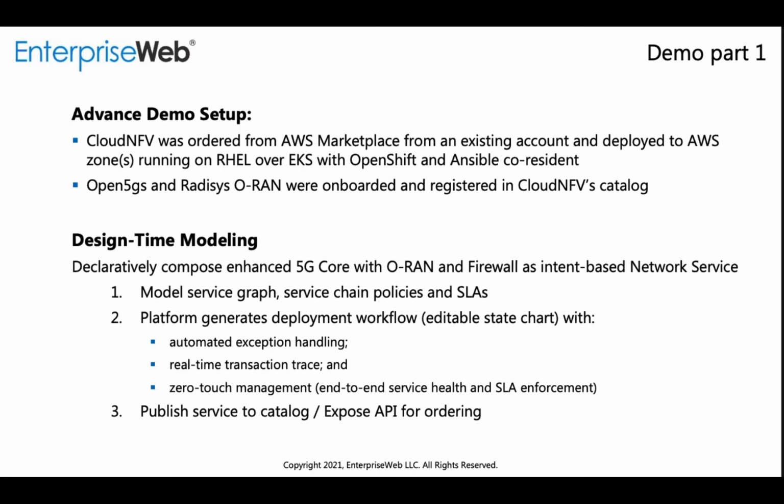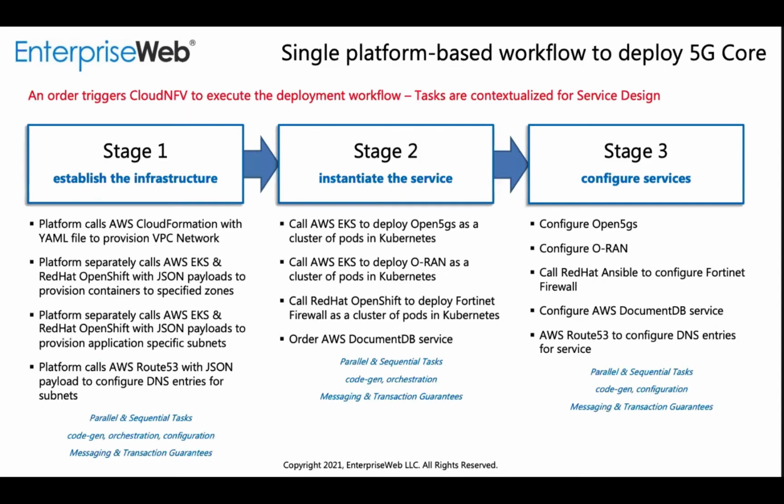And so all you do is you model your service logic, publish it, and expose an API for ordering. The system then, next slide, please. The system then essentially executes a generic workflow that's been contextualized by the service design, right? So the system generates: establish infrastructure, instantiate the service, configure the service. You can imagine those are all common steps that would occur in most all of your deployments. In this case,